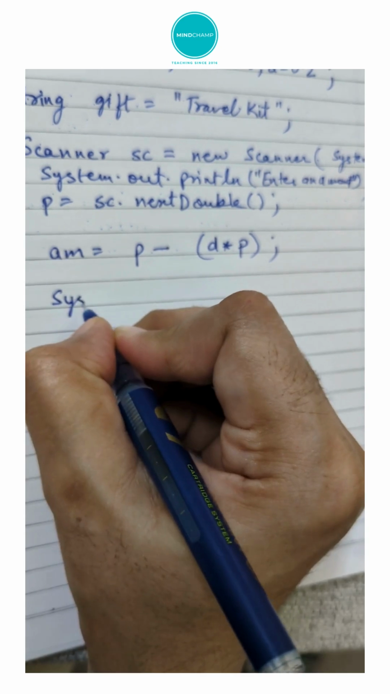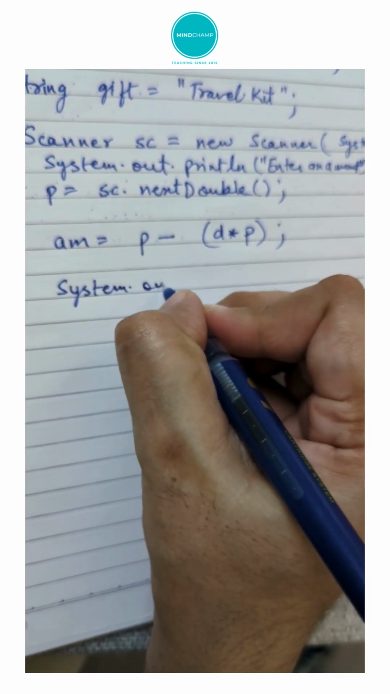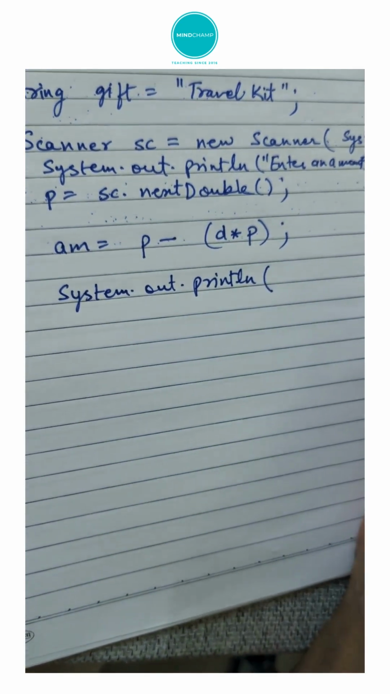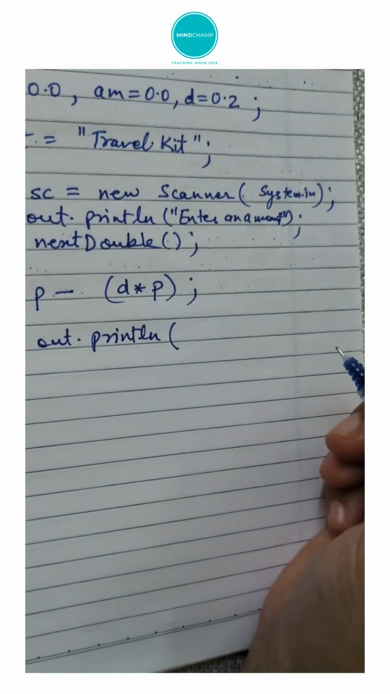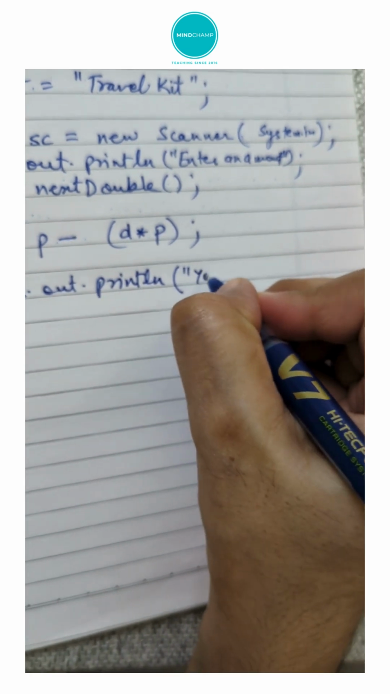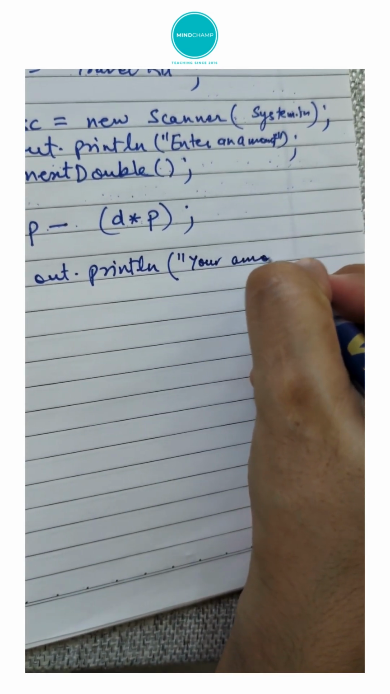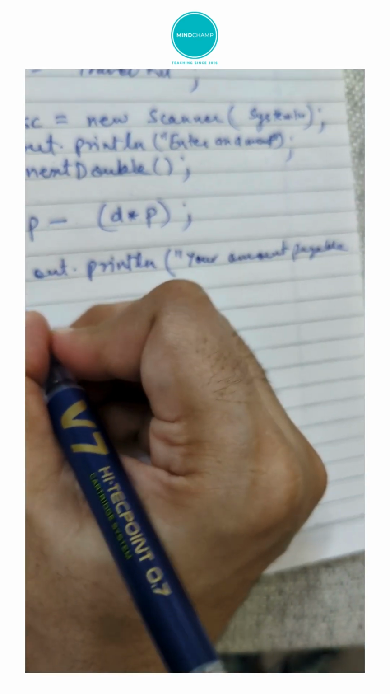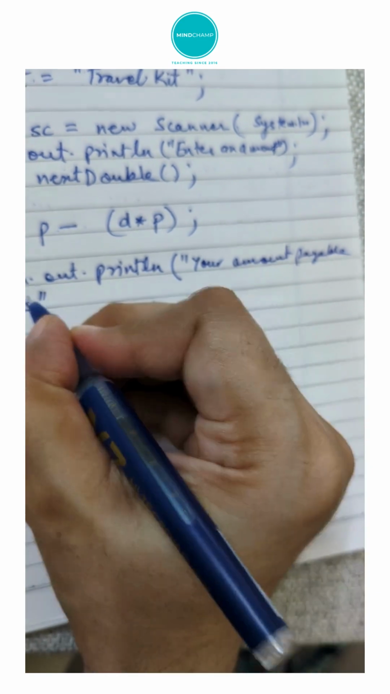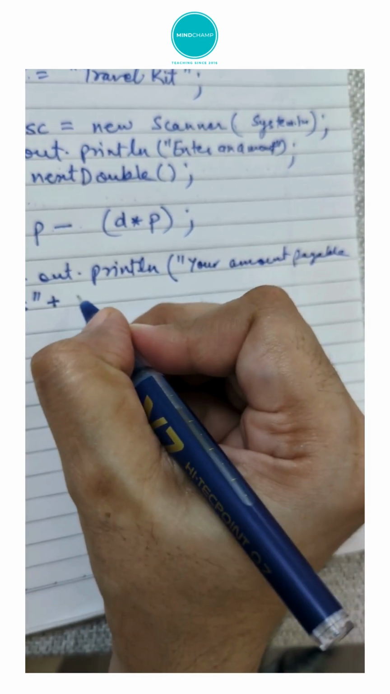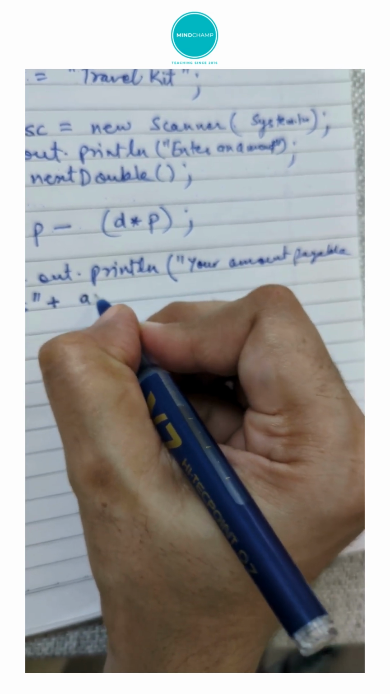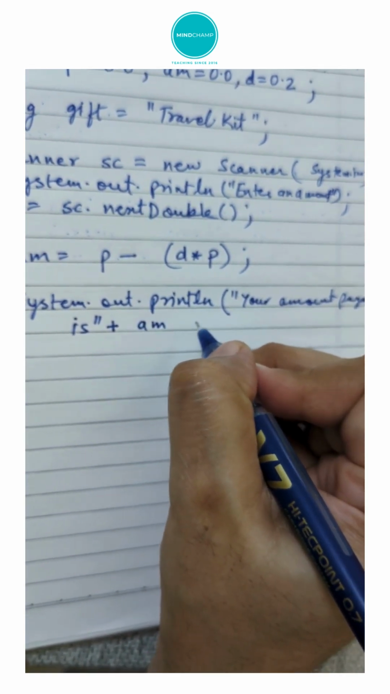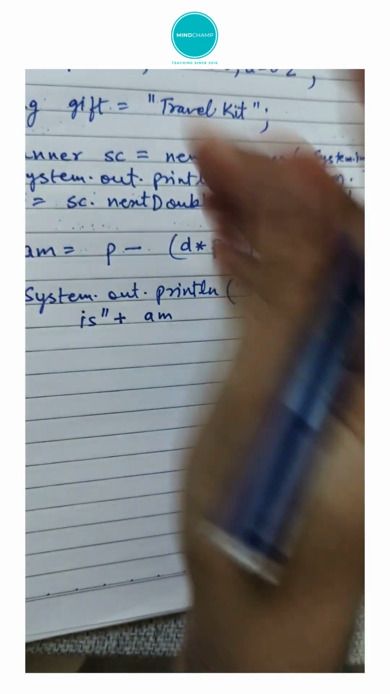System.out.println. Now here I have to be careful while writing the print command. "Your amount payable is", bracket quotes close, plus amount. The variable names are never in quotes, as we have discussed so many times in the class. Then we'll say